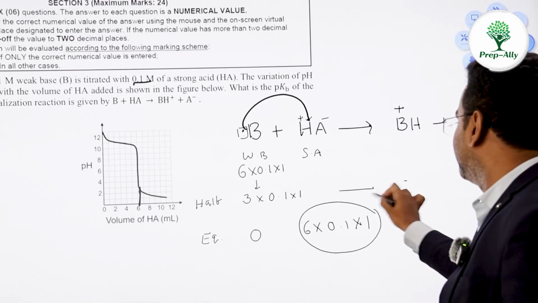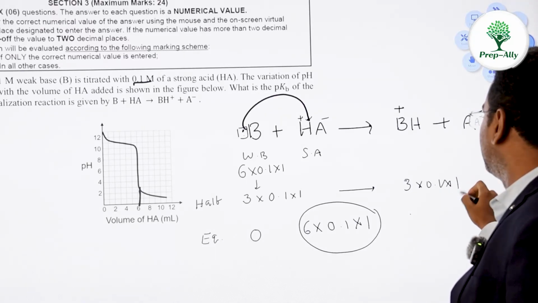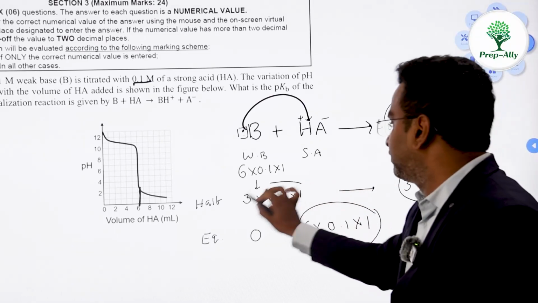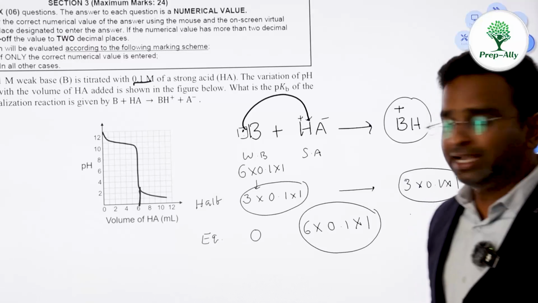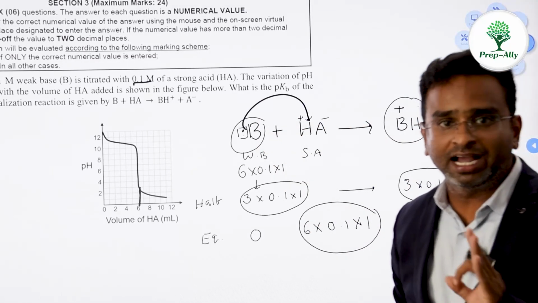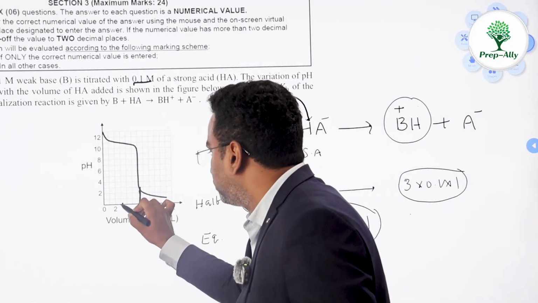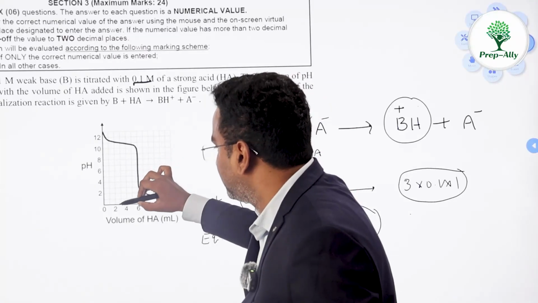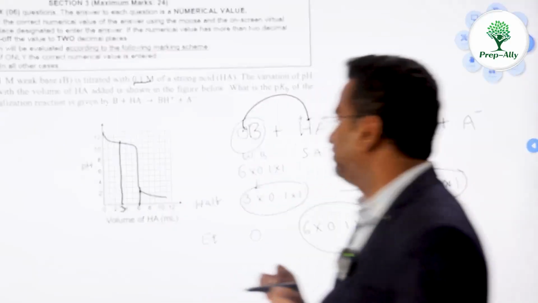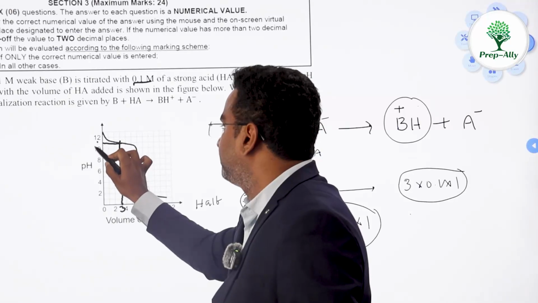So it forms 0.3 equivalents of BH plus and 0.3 equivalents of B remain, meaning weak base and its corresponding salt formed. This is the half equivalence point, 3 ml, and the corresponding pH here is showing